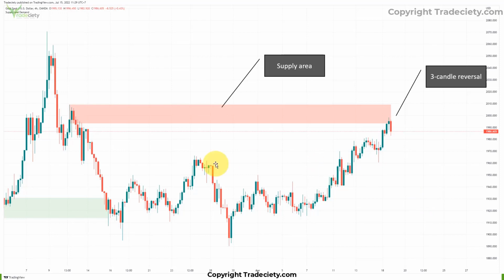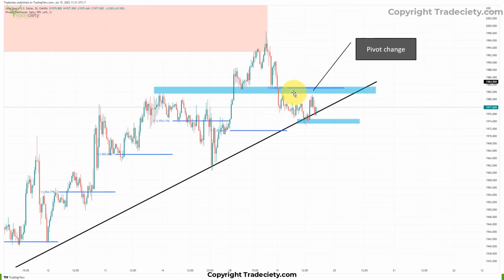And that's exactly what we are after. We want to really stack the signals in our favor. We want to find as many things that speak for our trade idea as we can. You can see we can add the pivot, and the pivot shows us that we are now trading below the pivot. Here's the pivot, and if the price action is below it, there's a very good chance the market is going to roll over. If we can get now below the trend line, below the lows, that would be then